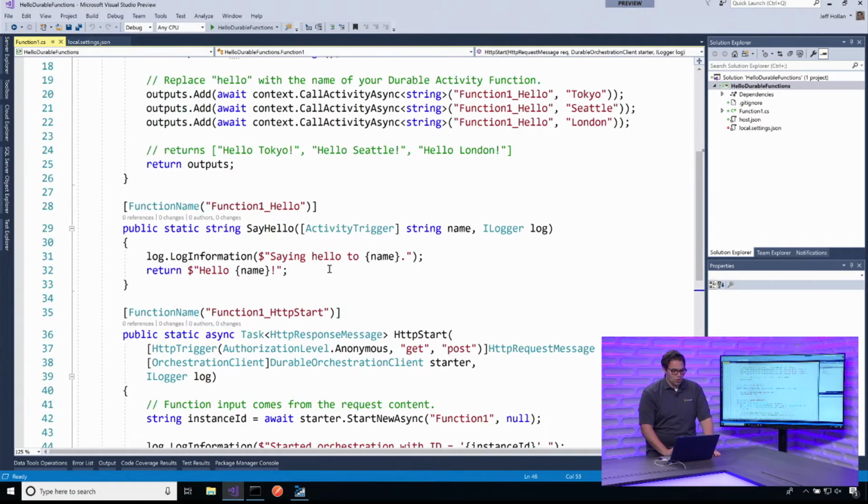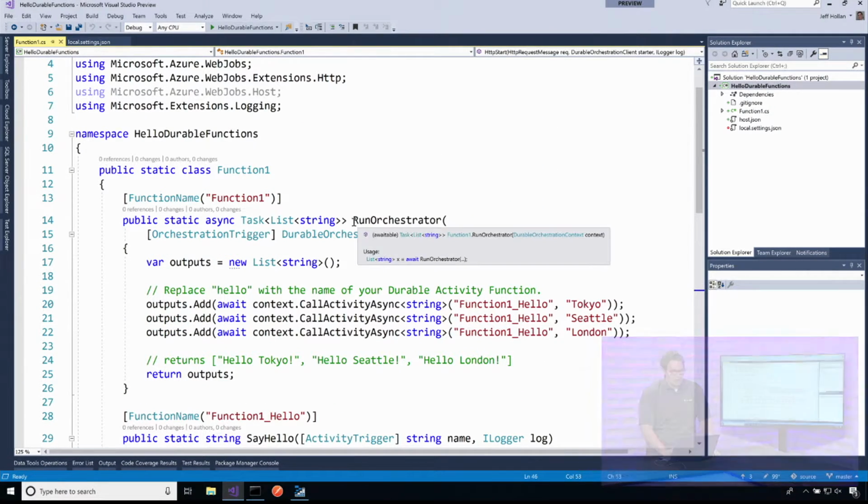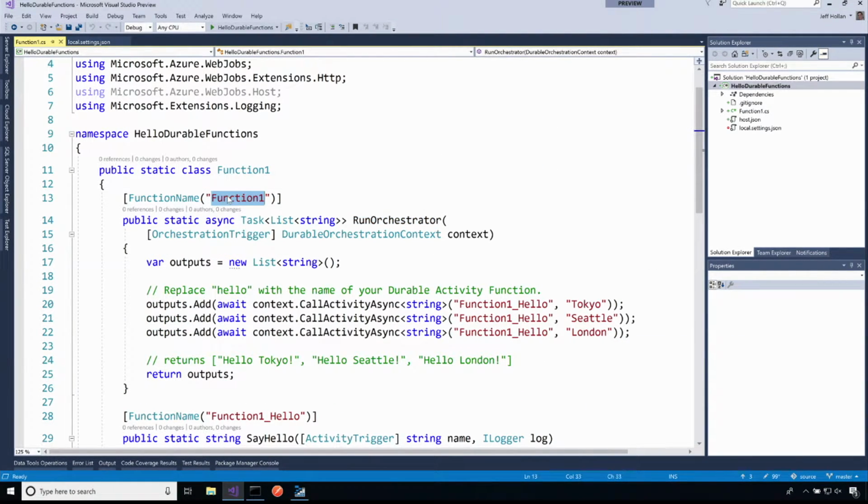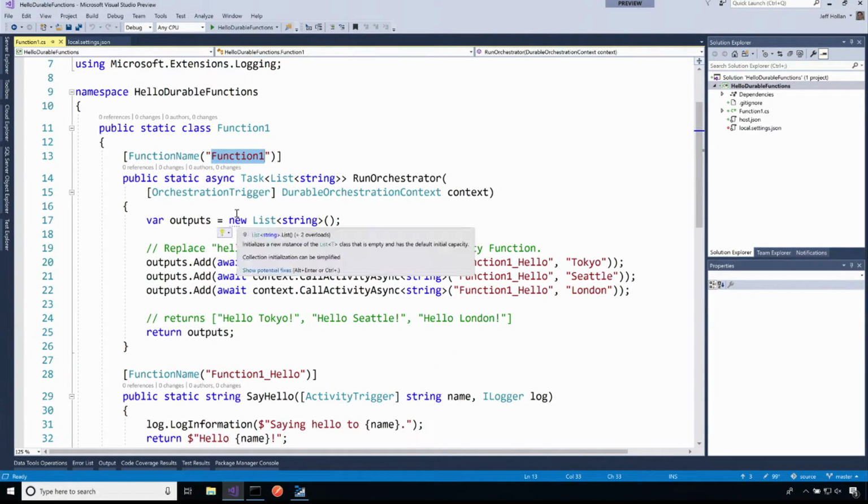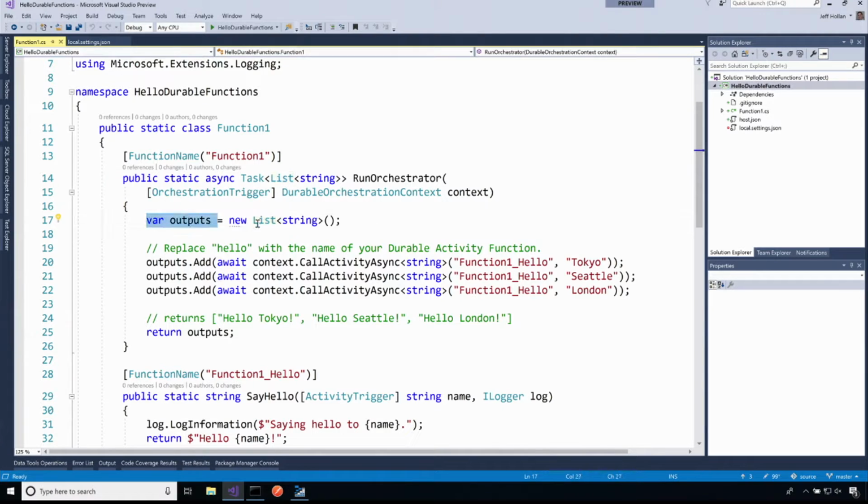Now that brings us here to our orchestration. Here's our orchestrator called RunOrchestrator. It's actually Function1 as known from the function runtime. Okay? And this is very similar to the example we saw. It's going to create a new list of outputs called strings. It's going to call the same function 3 different times.